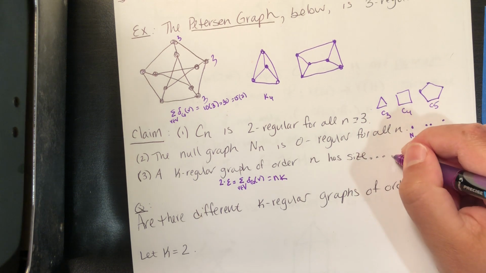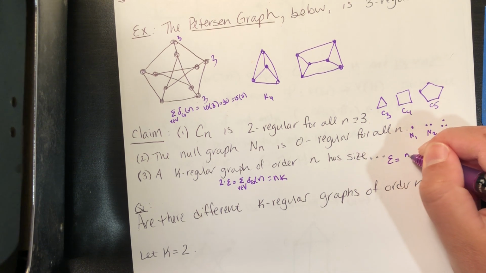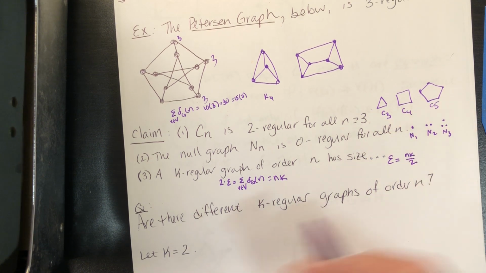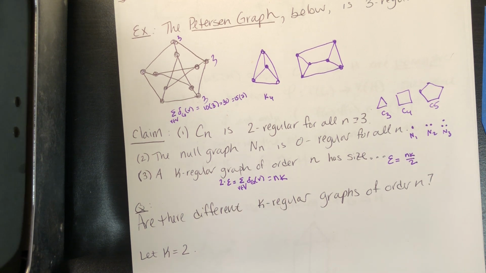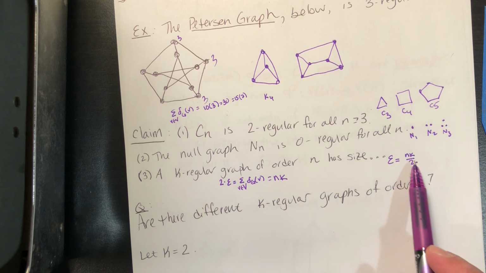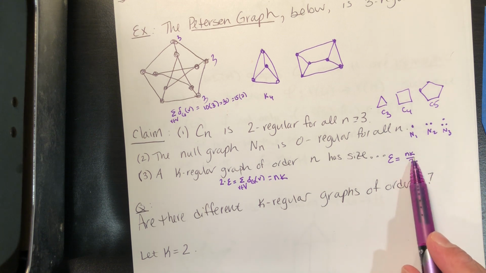You get that the size is going to be n times k divided by 2. Just solving this equation for epsilon for the size of the graph, you get that the size of the graph has to be nk over 2, which actually allows you to prove something that we had already shown in a separate video, or rather, it gets at an idea that we saw in another video,